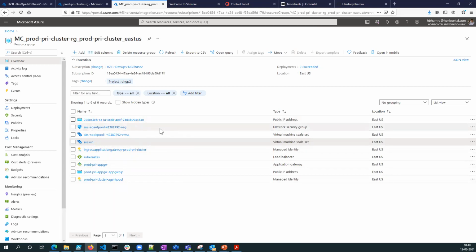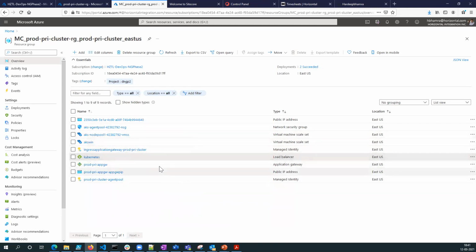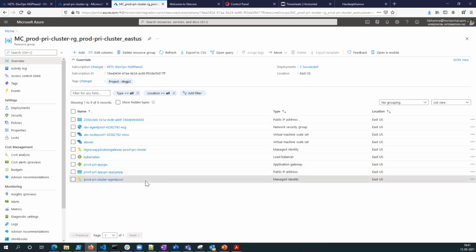Okay. Moving on to the other resources, what are the types of resources that get created into a secondary resource group? You have the public IP address, then the network security groups, two VM scale sets that you need, one for the control plane and the other one for the nodes that is being separately created. A managed identity you would need, because when you're deploying, either you're going to be using the service principal or you would need a managed identity, which you will see when I show you the scripts. Load balancers that are needed for the VM scale sets, the application gateway that we are going to be using, which I'll touch upon in the architectural diagram that I'm going to be showing you, the public IP address related to the application gateway, and the managed identity for the other nodes.